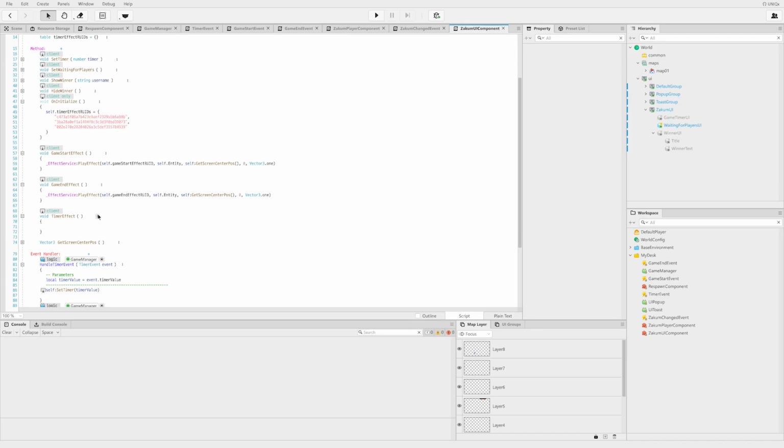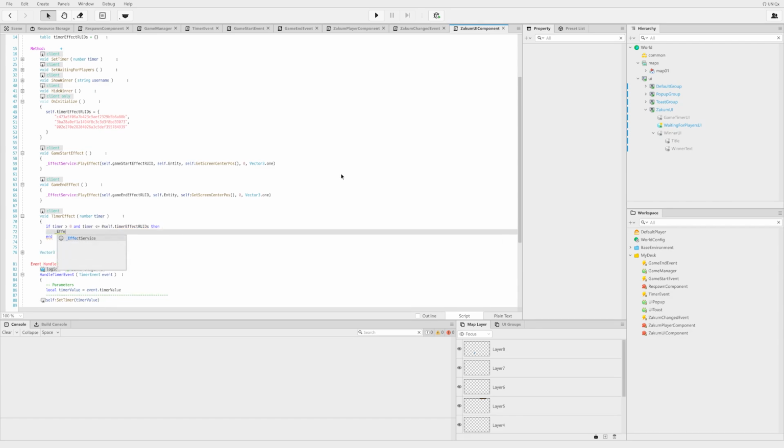So what we'll do is we will take in the current timer, and we'll do if timer is greater than 0 and the timer is less than or equal to the size of our self.timer effect RUIDs. Then we'll do effect service.play effect, and we'll get the self.timer effect RUIDs, and we'll use the timer as an index, and we'll do